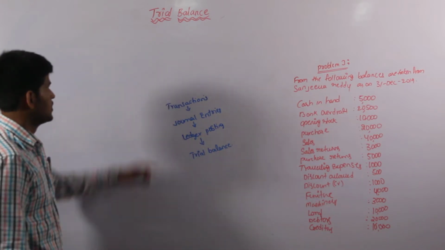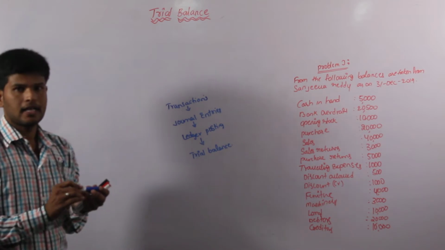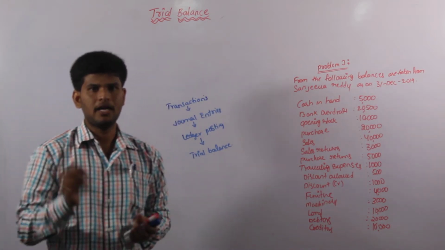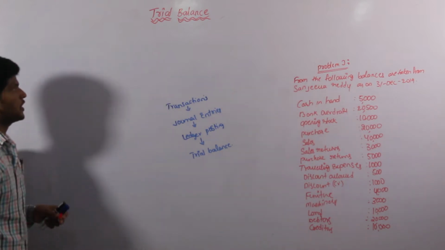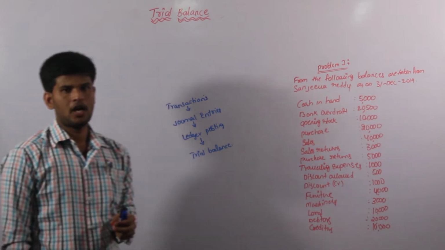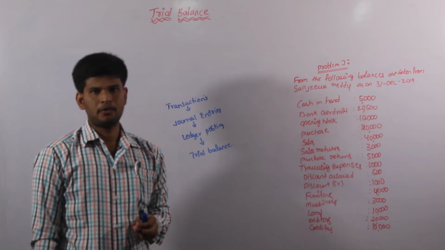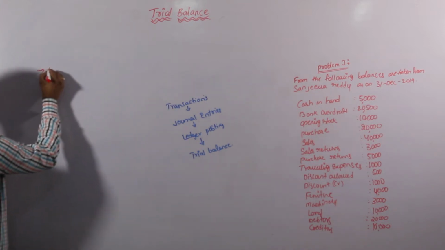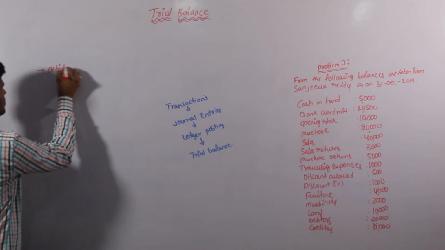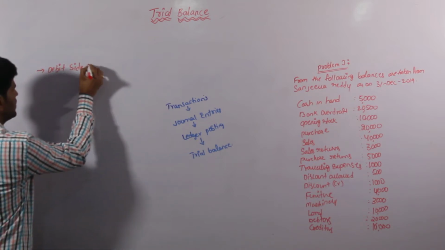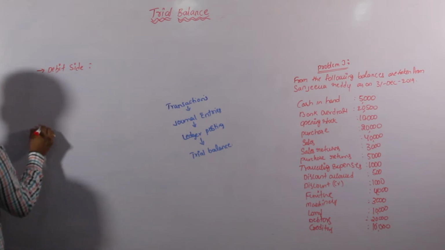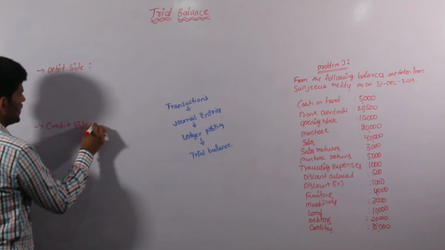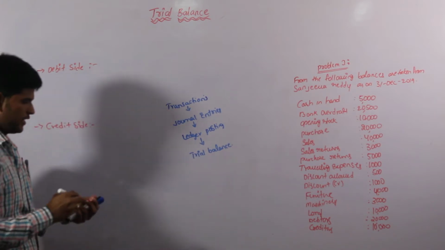of trial balance. So the trial balance consists of two sides, that is nothing but the debit side and the credit side. Now I am going to explain which transactions we have to enter on the debit side, and which type of transactions we are going to enter on the credit side. Come to the first one, debit side values as well as credit side values, we have to know.